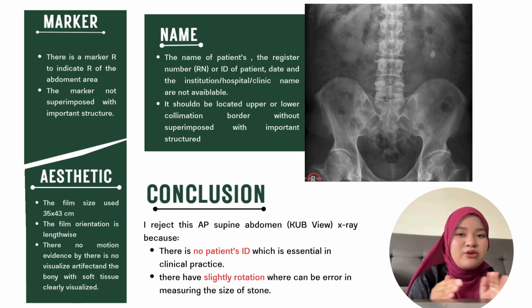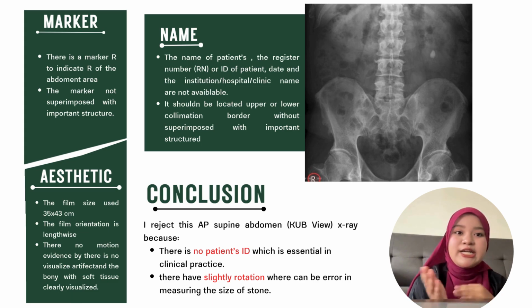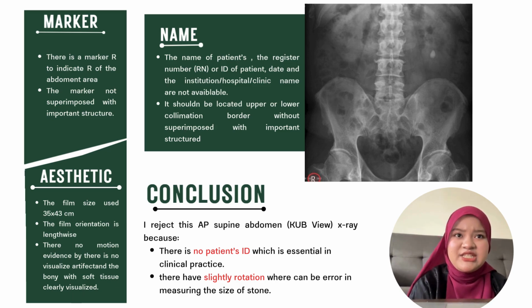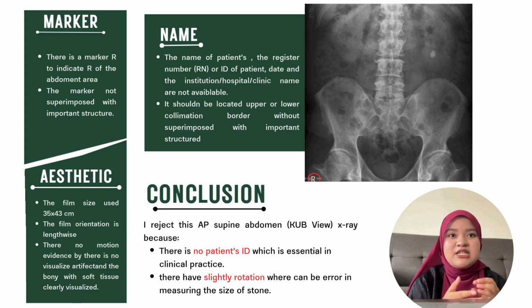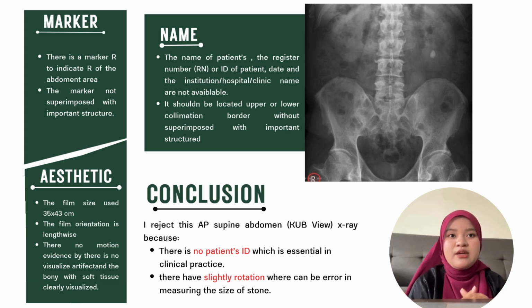There is also no motion evidenced by any artifact, and the bony structure and the soft tissue are clearly visualized. And lastly, we have the N. N is the name, which is the name of the patient, the register number, RN, or we call the patient ID, are not visible. It also should be located at the upper or lower border of the collimation, not superimposed with important